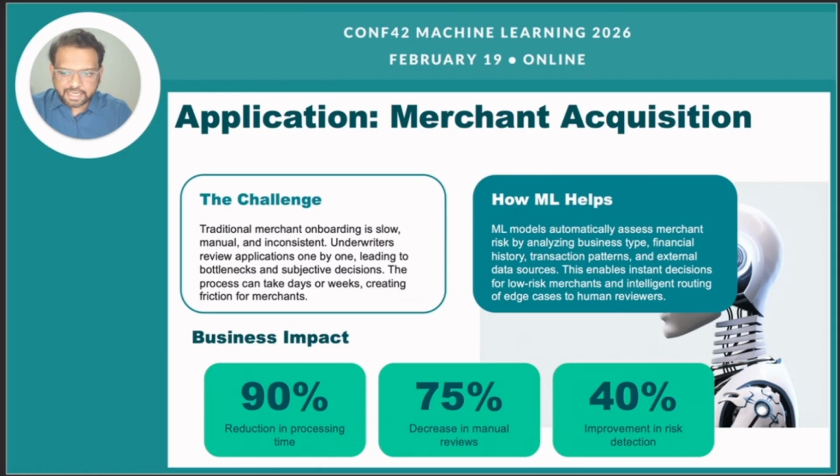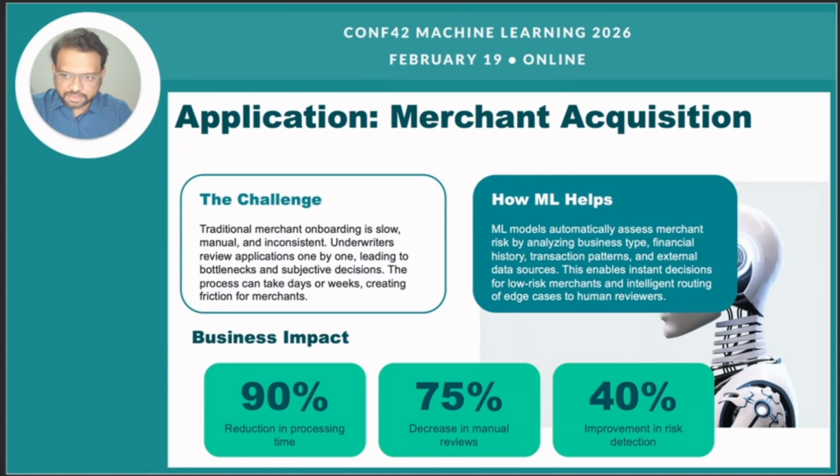This can make instant decisions for straightforward cases. Lower risk merchants get approved immediately. High risk merchants can get declined with clear reasoning and documentation. Interesting cases, probably the edge cases where human judgment truly adds value, get routed to experienced underwriters with the model assessment and key factors highlighted. This means a human expert, a man in the loop, spends their time where it matters the most,